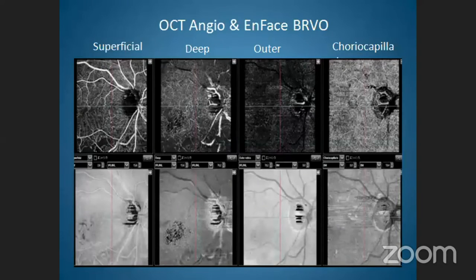Important part of this is that we can find out which layer is much more involved. In fluorescein angiography, only the superficial capillary plexus is seen and the deep capillary plexus is not seen. As you can see here, this is a patient of a BRVO, and we can see that the involvement in the deep capillary plexus is much more. And this suggests that the prognosis of this particular patient may not be as good as we would have thought it to be.